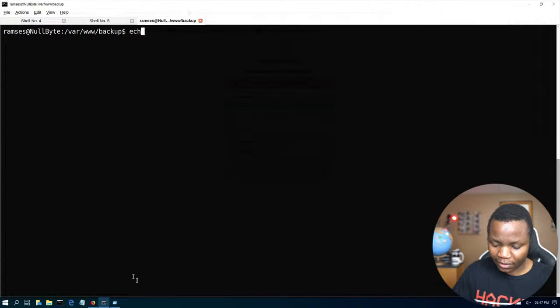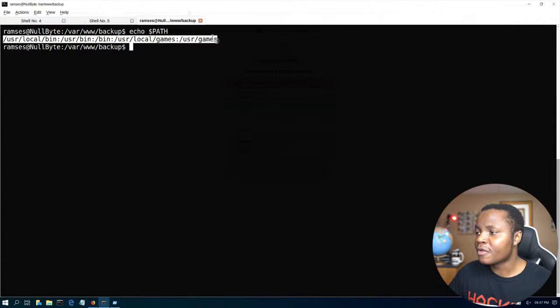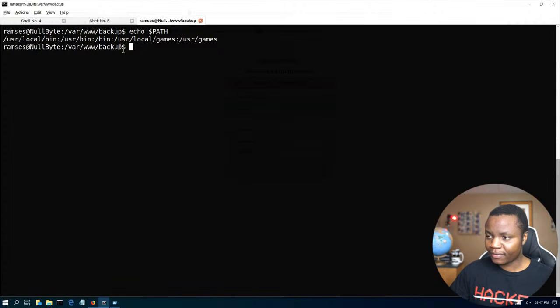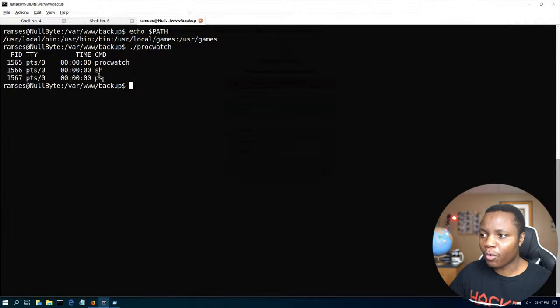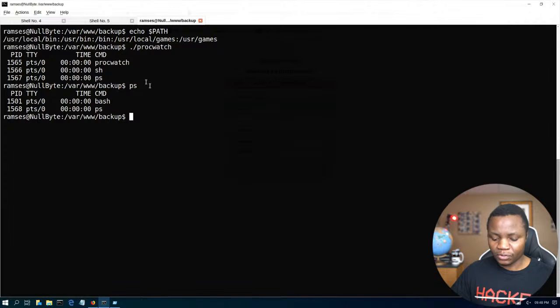In this case, echo $PATH. This is where the system knows where to find the commands. In this case, this is the full path. What we can do is we can tell the system, hey, when you run this application, procwatch, because procwatch is calling the ps command, which usually lives in /bin,